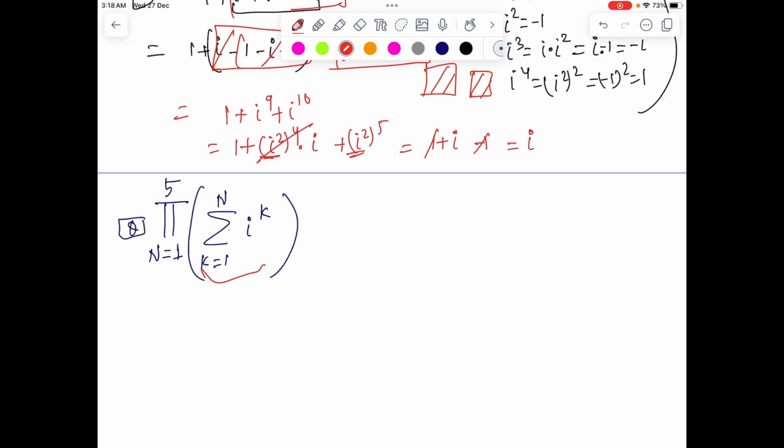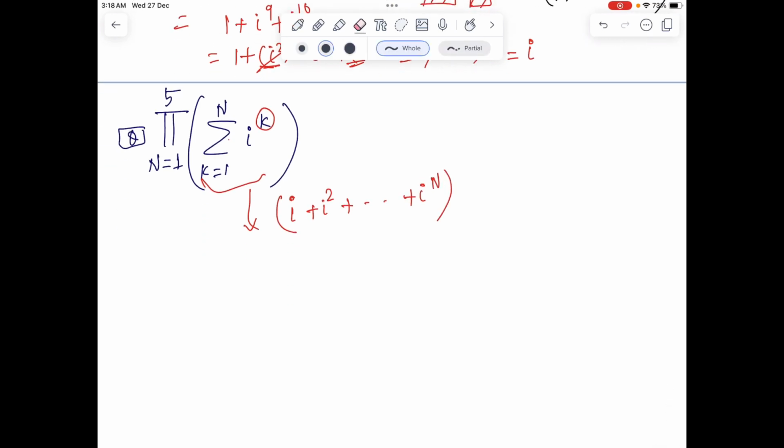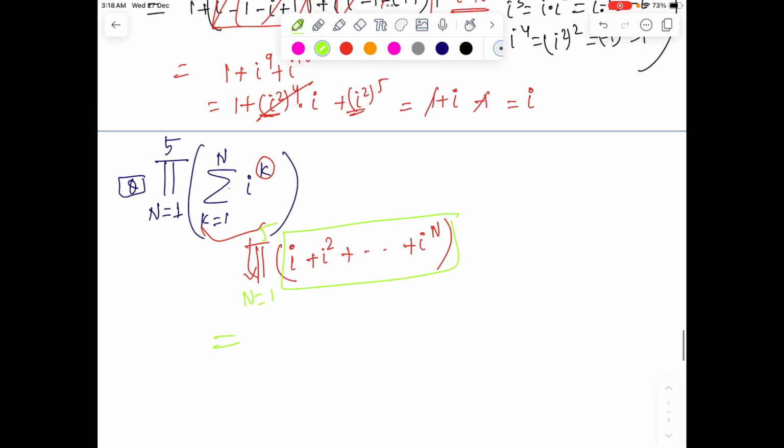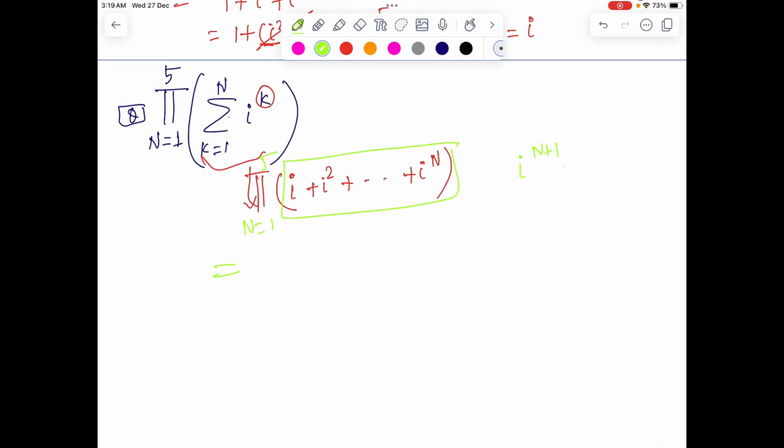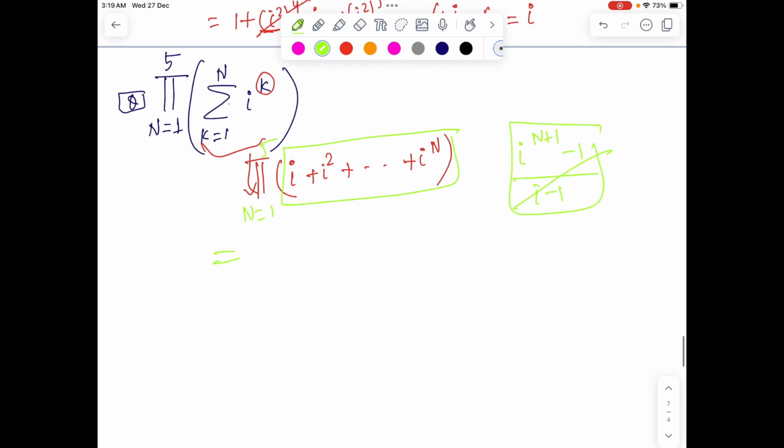So what does it mean? First, if we decode this, it means you put k equals 1 here. So i^k, 2i squared, till i to the power n, right? And then product. Then you have to write product where n is going from 1 to 5. Now, in this expression, one way is you can use GP and try to directly find this number, which is (i to the power n plus 1 minus 1) by (i minus 1). And now I start plugging n equals 1, 2, 3, 4, 5, and pi means multiply them. Here you can likely do it directly, because in this expression,